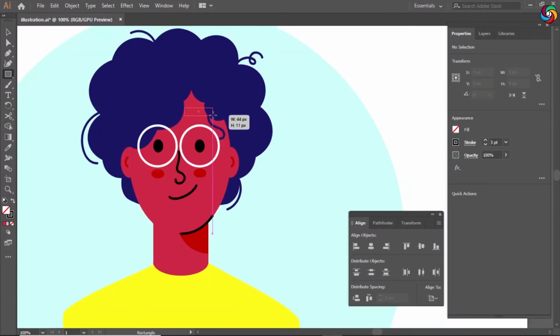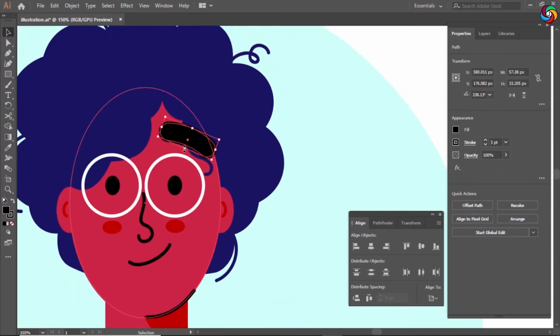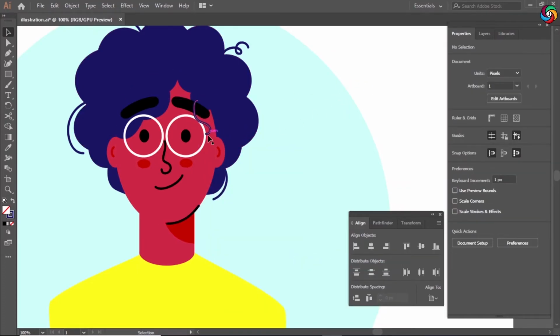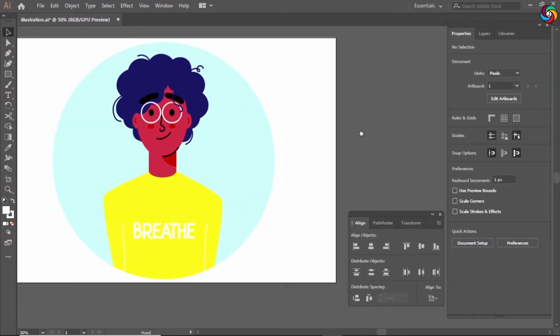For the eyebrows, I used the rectangle tool and then the curvature tool, and lastly I rounded up the corners as well. I brought this blue hair strand on the top so that it looks like it's laying over the eyebrow and the glasses. I added some text to his t-shirt and chose a font that went well with the whole style of the design.